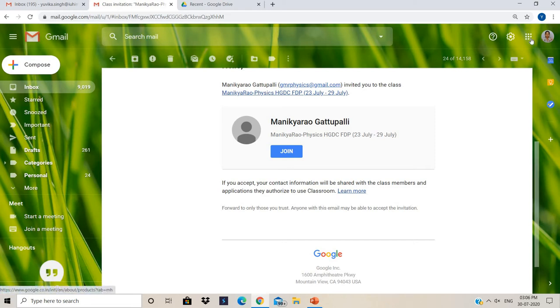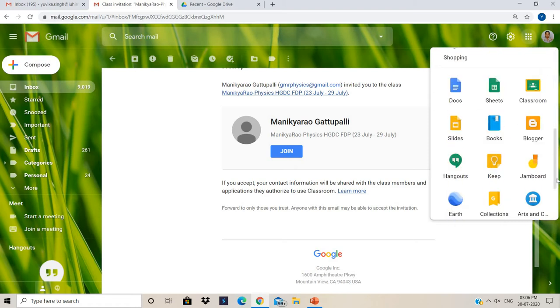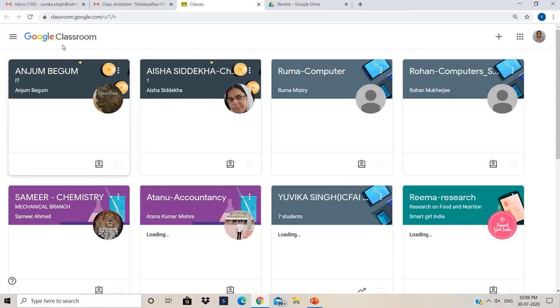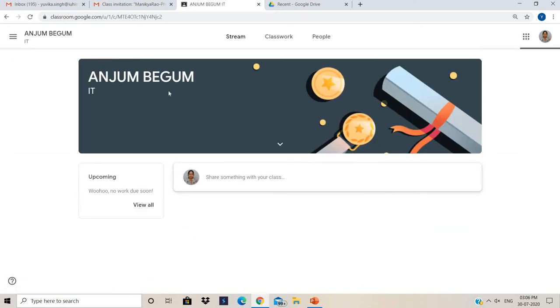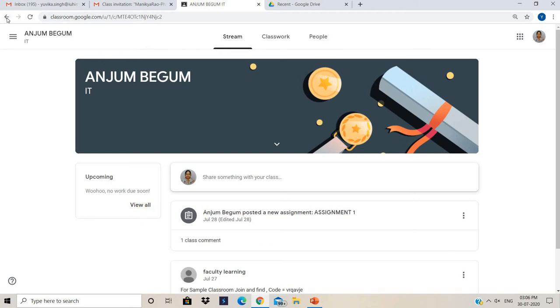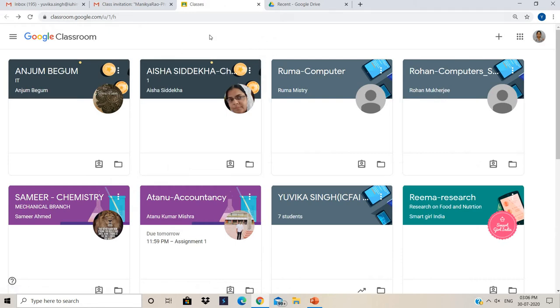Again, how do you enter the class? You can just go into the icons again. You will click on the Classroom button, and after you click on it, you will see that the last class which you have entered has already been saved here, right? You don't need to enter the class again with the code. You can directly click on this class and you will enter into the class again, right? So it is very easy. Many times students feel that it is very difficult to operate Google Classroom, but I feel that it is very easy to operate and you can easily access it.